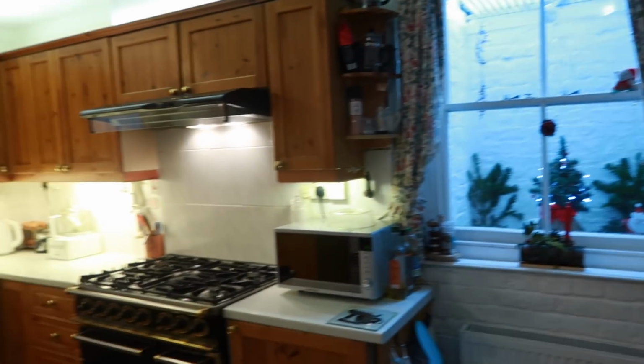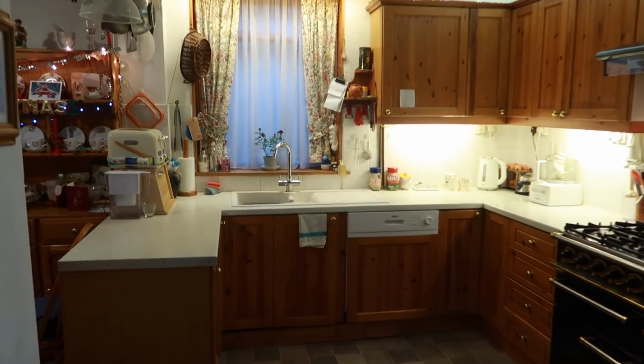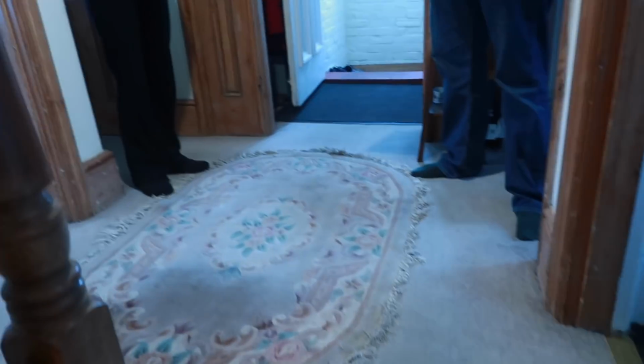Again, like I said, it's fairly dated. The kitchen itself is new-ish, but the decor and stuff is all fairly dated. So all of that will be upgraded over time. We're not in any particular rush to do lots of major work or anything, but let's come up to the